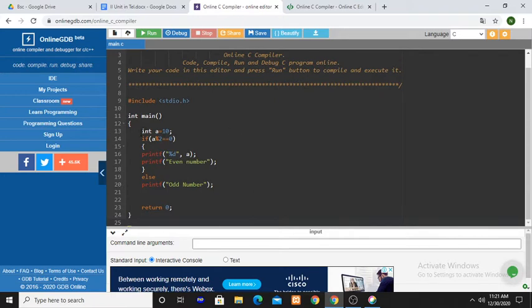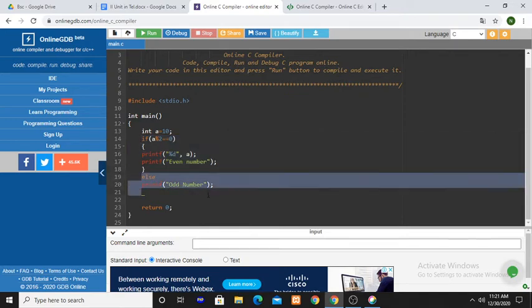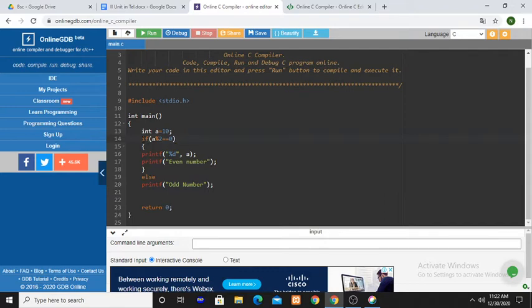This program contains first the declaration statement, and then this is the if, one particular part of the statements, and this is the else, another particular part of the statements. Here, this is the if block.